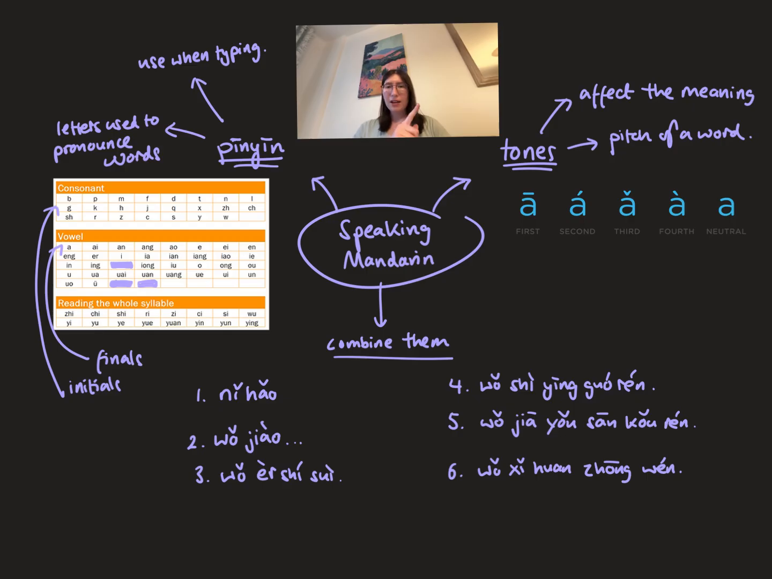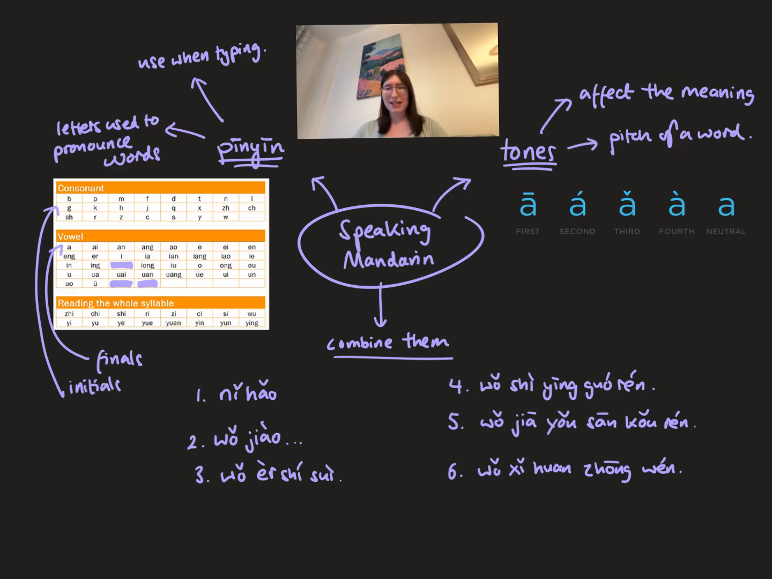Fourth tone, we start high, finish low. Neutral tone is light, short. This one is easier to pronounce when you've got another tone in front of it. You will always hear the neutral tone as a finishing tone, so not at the beginning of a word, but at the end. So, tones are important to practice by themselves, but equally important to practice in pairs or groups,